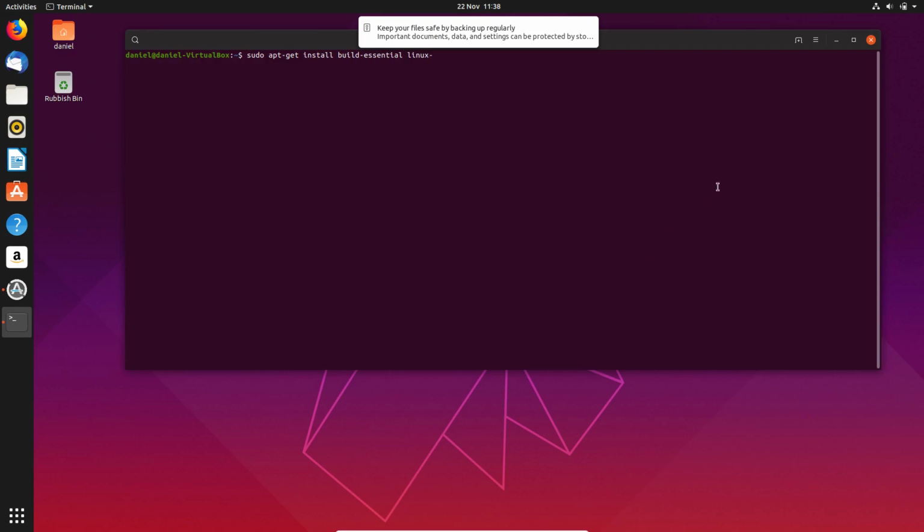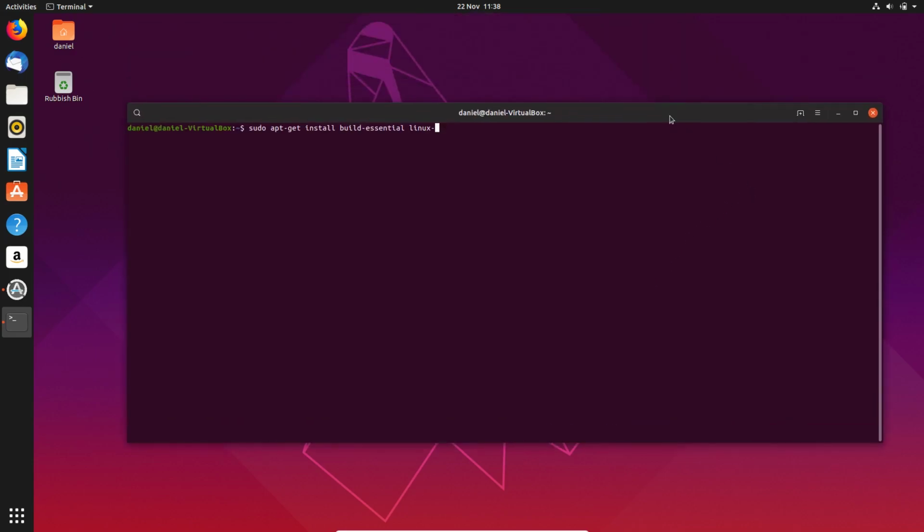linux-headers-$(uname -r). So obviously this will install the build-essential package and it'll install the Linux headers for your kernel version. So by doing uname -r, that returns the version of the kernel, which goes here. So it installs the correct kernel headers for your kernel version, which you can find by doing uname -